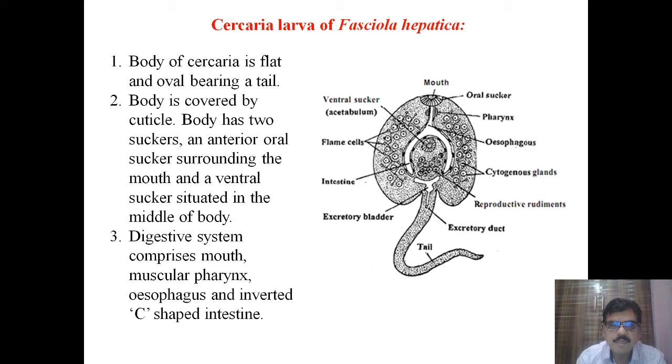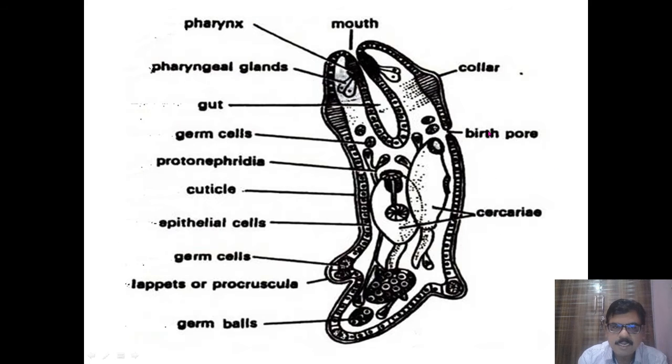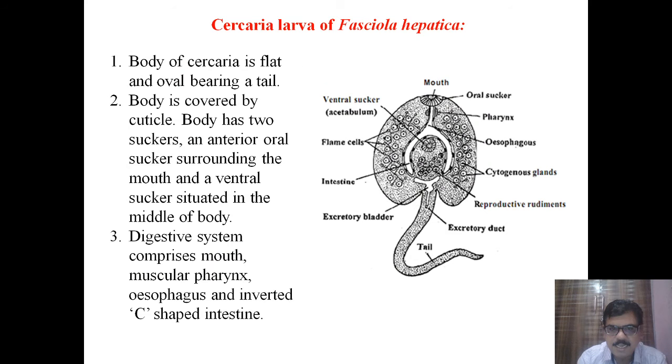The next larva is the Cercaria larva of Fasciola hepatica. The body of Cercaria is flat and oval and it possesses a tail. You have to draw this diagram and write down the comments. This Cercaria is developed from where? This Cercaria is developed from the radia, and it is flat, oval, and bears a